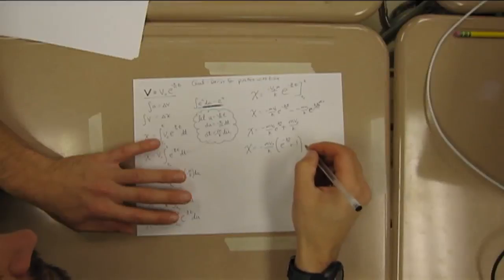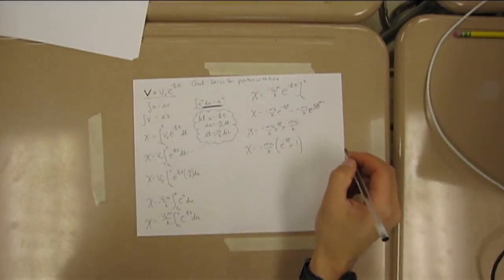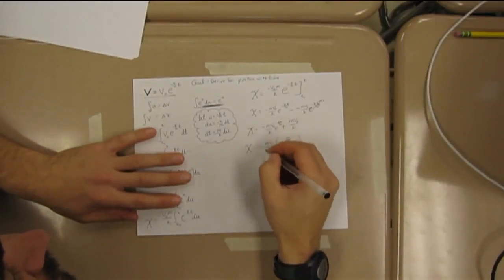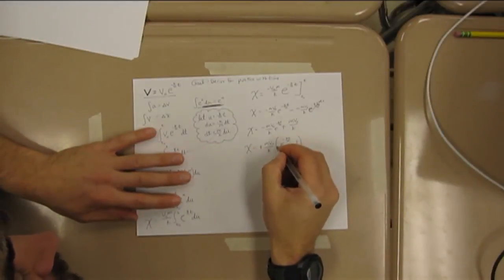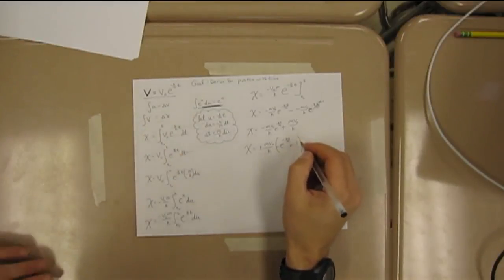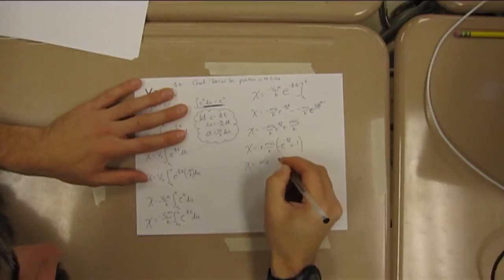I'm not going to factor out the minus sign. I'm going to leave the minus sign on the e. Okay, and then I'm going to do it like this. x is equal to, I'm just going to move this on the other side. m V0